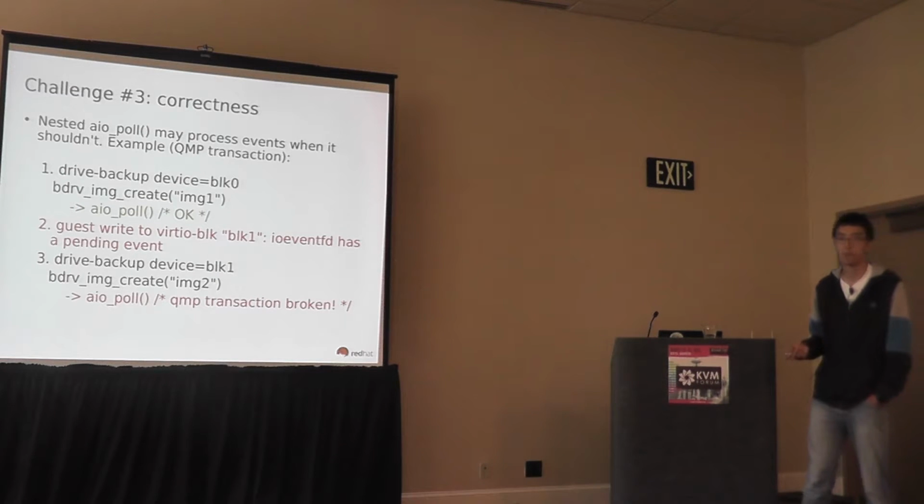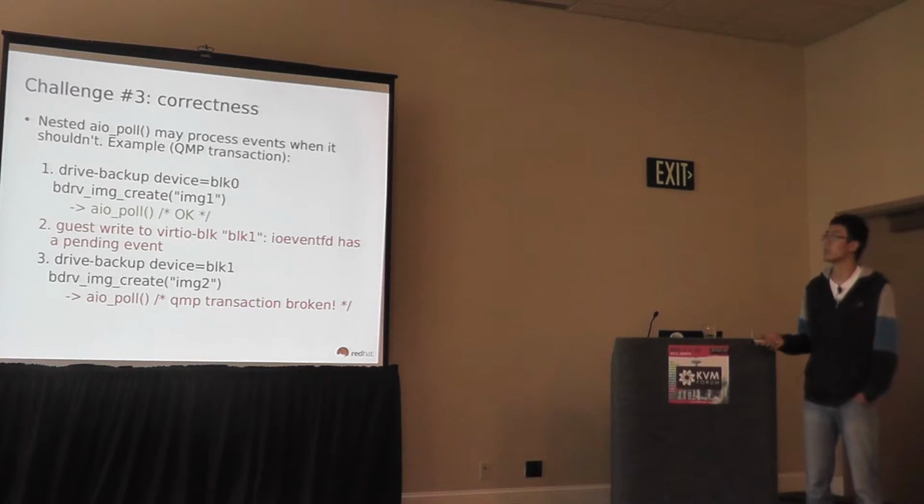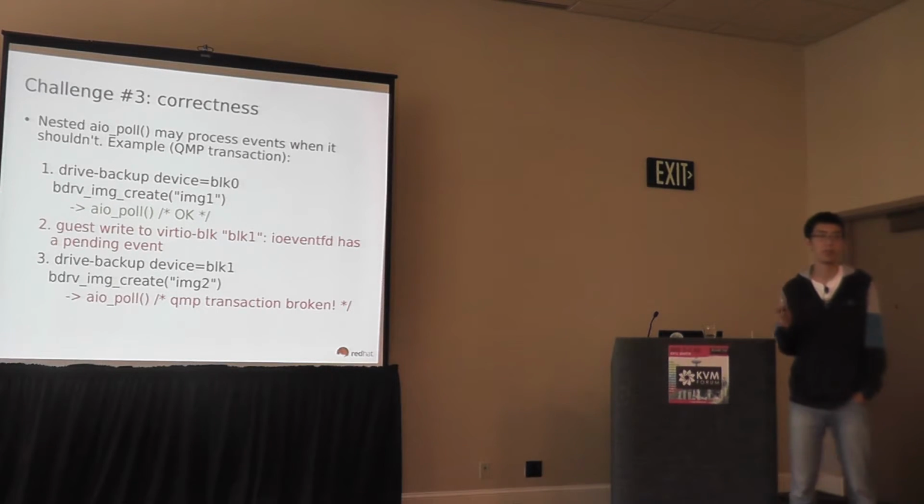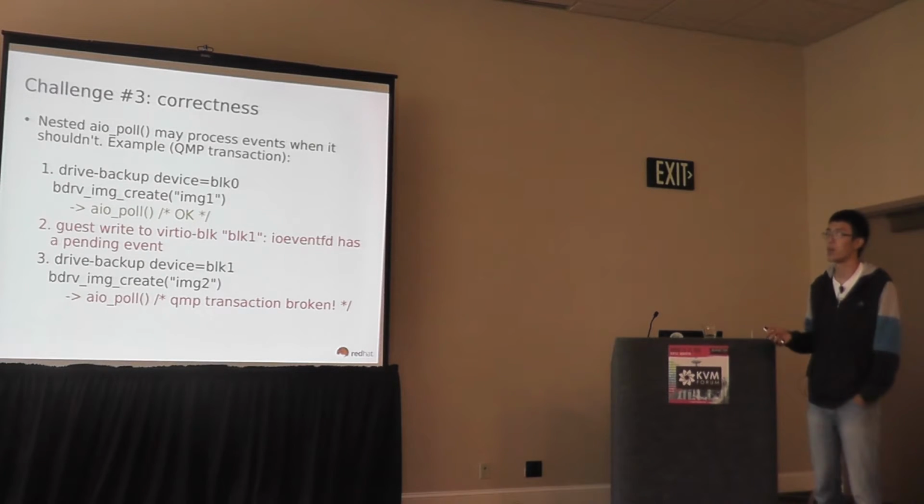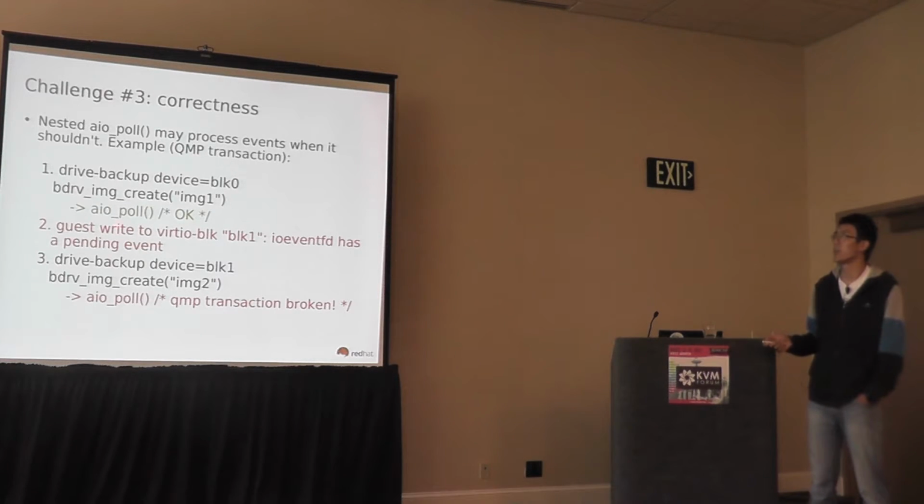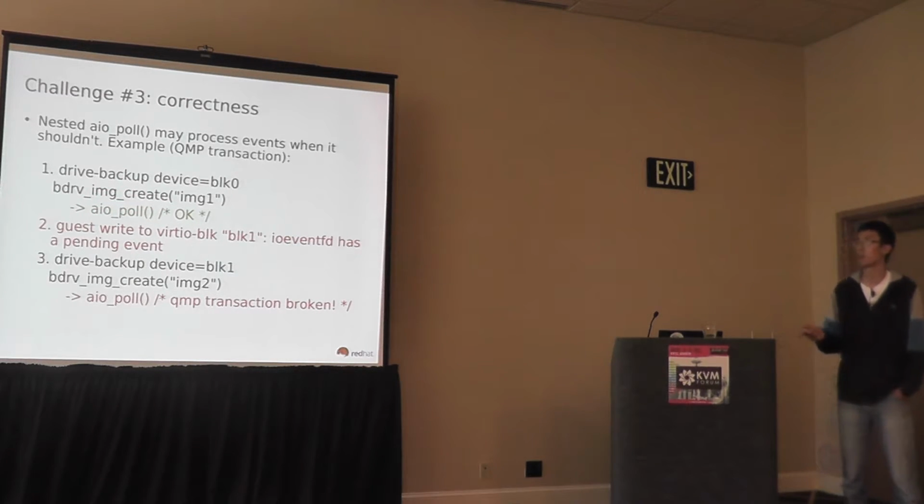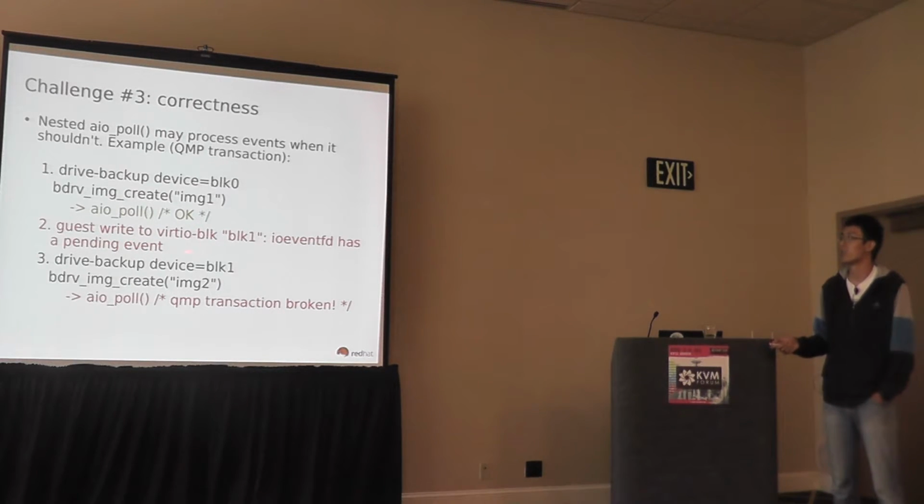I will explain this with an example. This is in the QMP transaction, where you want to back up two disks at the same time without being interrupted by any guest I/O, so that the two backups would be consistent and from exactly the same point of time. So the process goes like this. The first one, okay, even though there is a creation, there is a nested event loop, it's okay. But if this